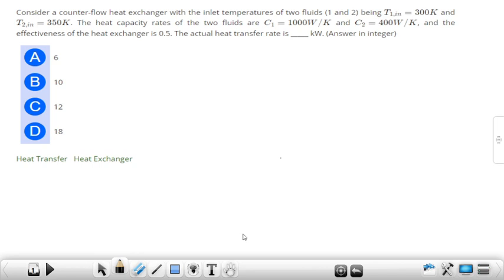So in the previous class we discussed some previous year GATE 2023 Mechanical 1 mark questions. In this class we discuss the new one. So the question is,